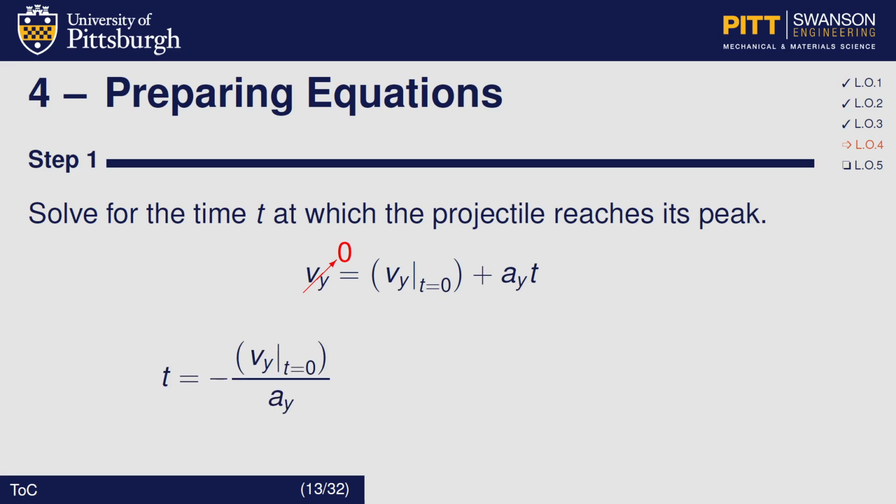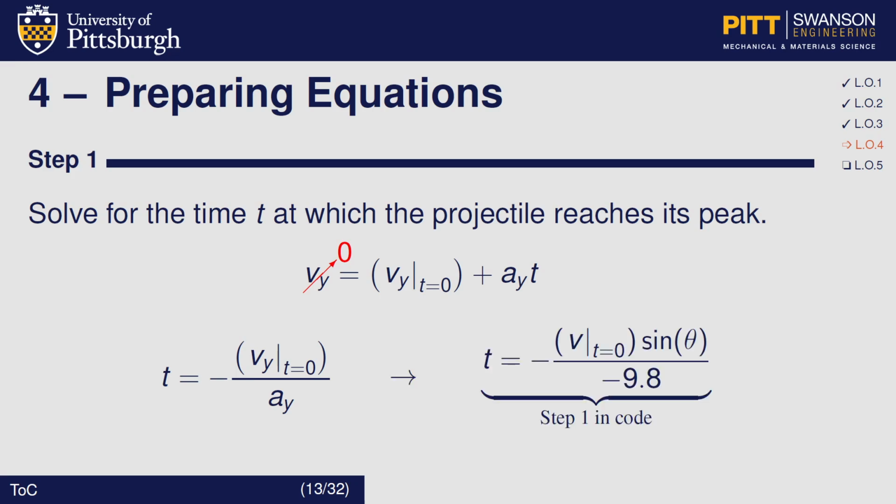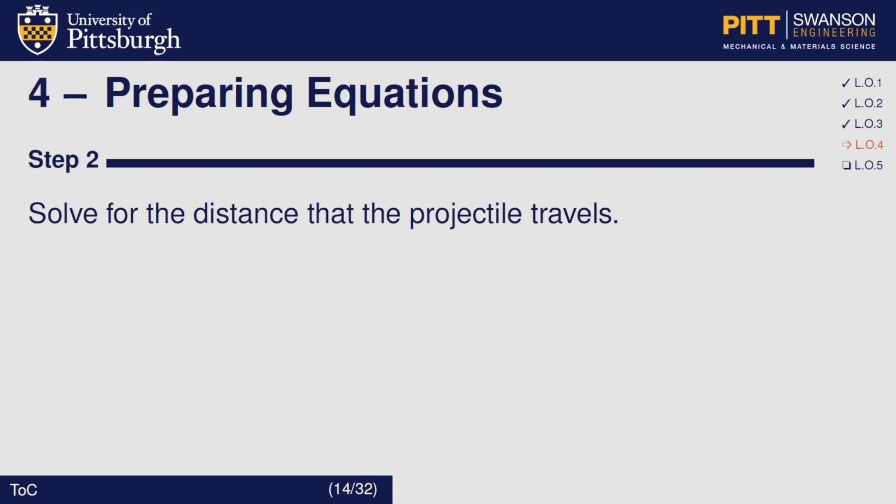this equation as follows, and then we know that the initial y velocity, the numerator, was simply the sine component of the initial total velocity, and that the acceleration is negative 9.8 meters per second squared, which, when substituted, gives us this final equation. Step 2 is to then solve for the distance that the projectile travels using this equation,